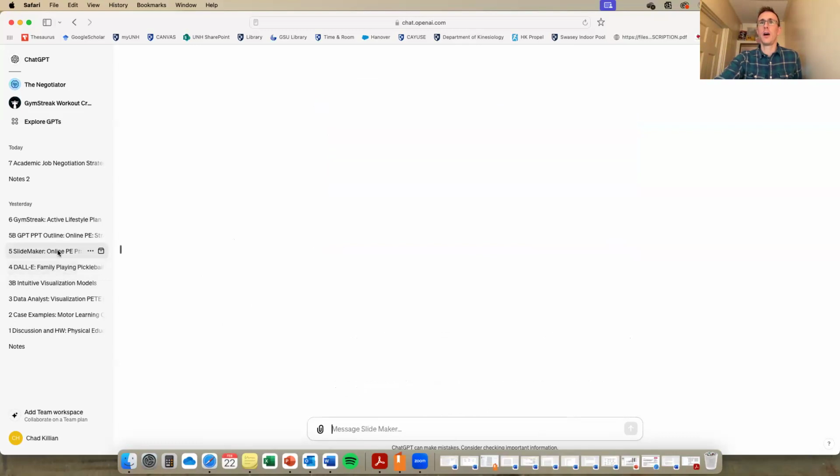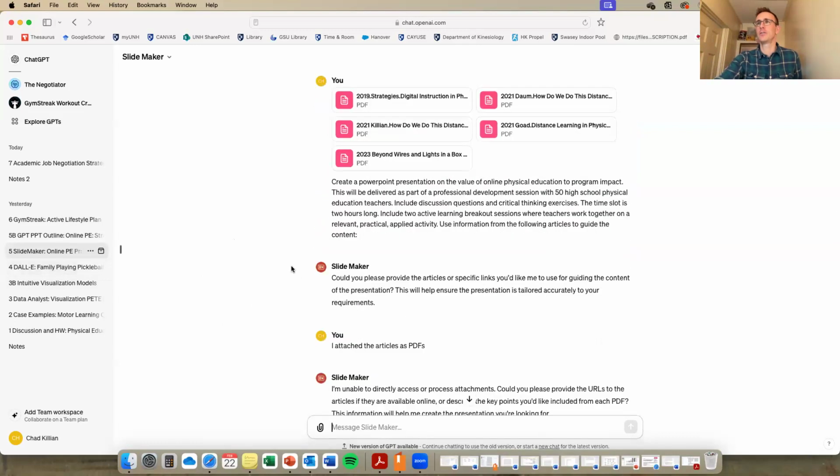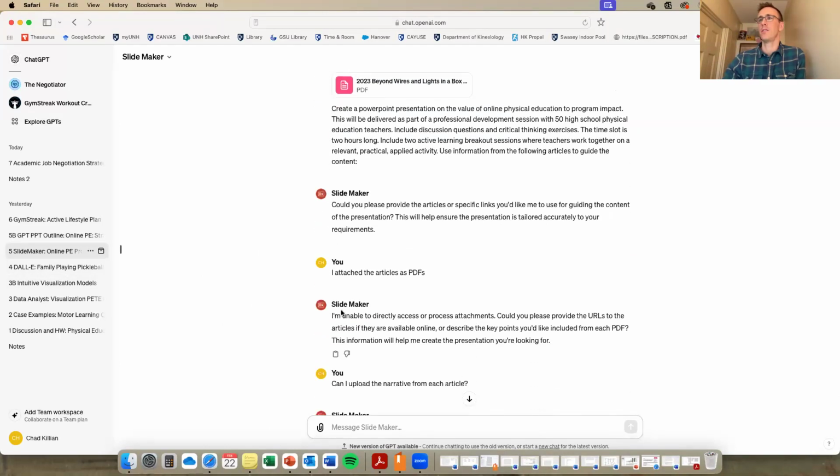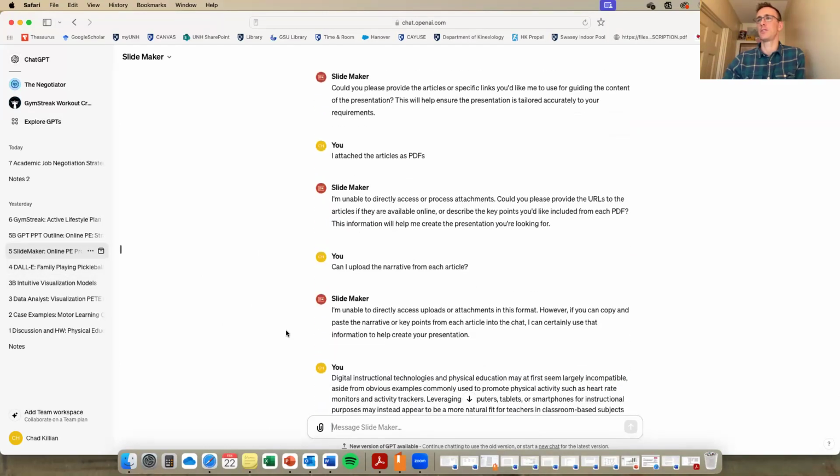Did two more here. Slide Maker sounds really awesome. Isn't quite as good as I thought it would be. So I put in this prompt about, I'm doing a 2-hour professional development on the value of online learning to secondary physical education. Can you please output the slides based on these 5 articles? So I input the PDFs. They can't access the attachments.